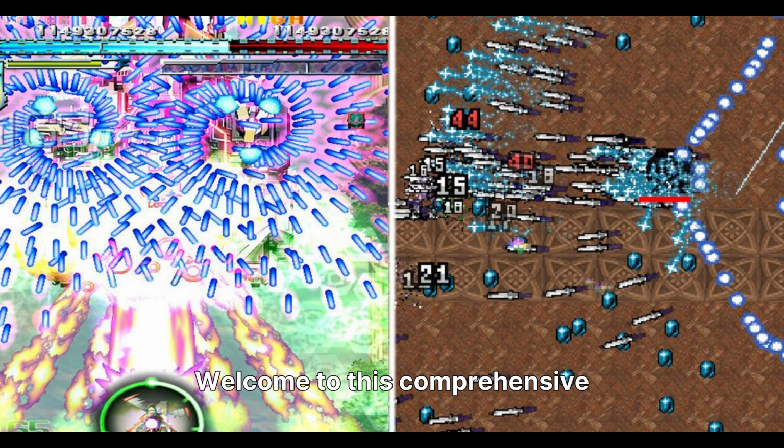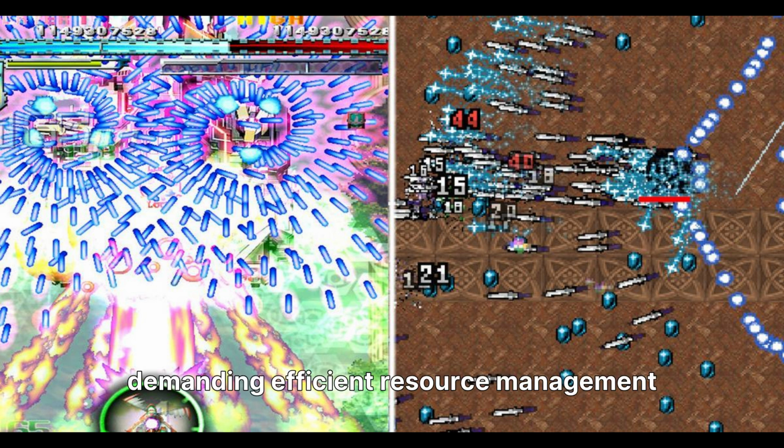Welcome to this comprehensive tutorial on creating an optimized bullet hell shooting system in Unity. Bullet hell games are renowned for their visually stunning, screen-filling projectile patterns, which often present significant performance challenges for developers. These games, characterized by their intense and intricate bullet designs, push game engines to their limits, demanding efficient resource management